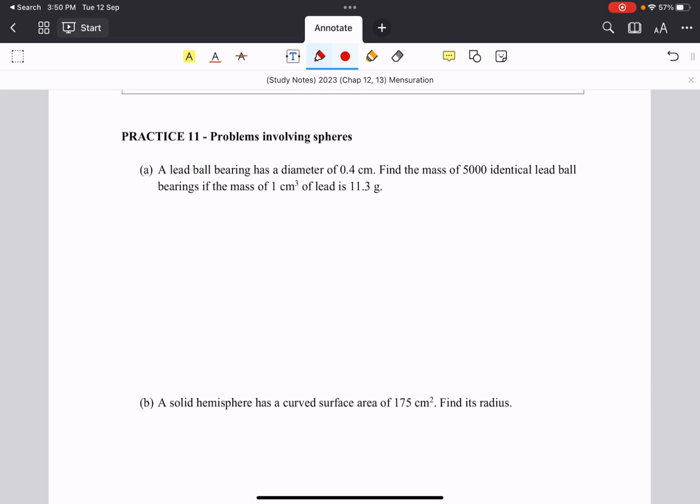Here we have a first example. We have a lead ball, a ball bearing, a small little sphere. It has a diameter of 0.4 centimeter, and the mass of 5,000 of these is what you are supposed to find. We are told that 1 cubic centimeter of this lead is 11.3 gram. So let's work out the total volume first. From the total volume we can multiply by 11.3 to get the mass. So how do we do it? Volume of ball bearings